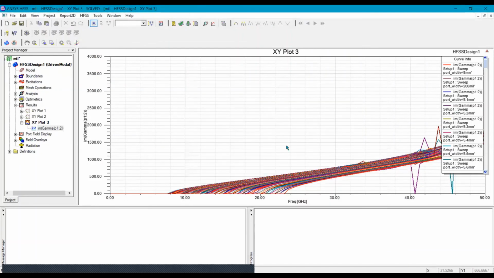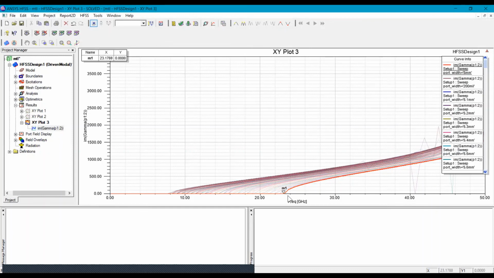So here we can see that if we select this one, this is the width at 5 mm, the cutoff frequency is 23 gigahertz, and when we select the width at 5.5 mm, we can see that the cutoff frequency is 21.3 gigahertz.